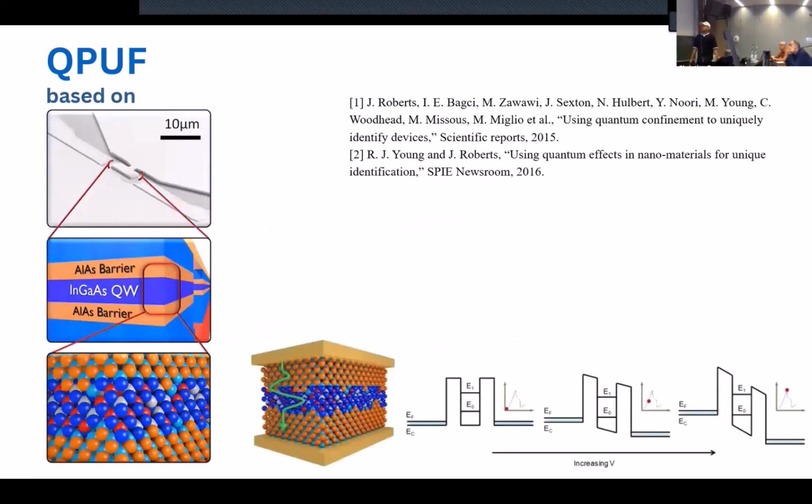The other kind of quantum PUF that is proposed is based on the quantum tunneling effect. If we keep decreasing the size of the device, then quantum confinement begins to operate, and the tunneling spectrum is different for each device. Copying this particular type of tunneling spectrum is almost impossible, because you need to arrange each atom in a particular order to get the same tunneling pattern or spectrum. So based on this tunneling spectrum, they also came up with a new type of quantum PUF.